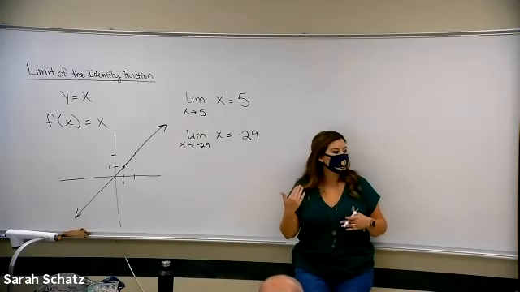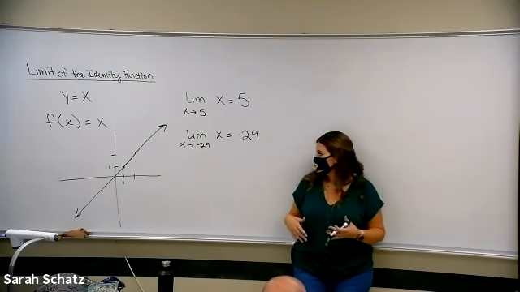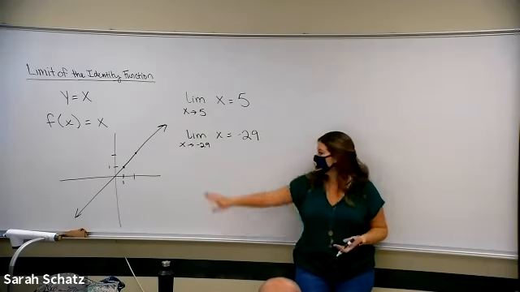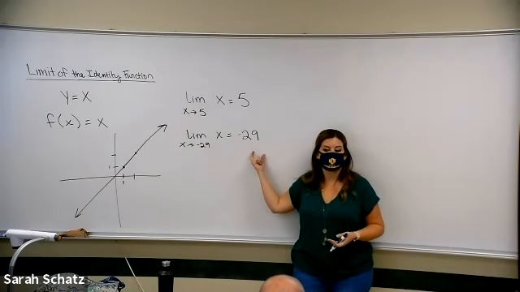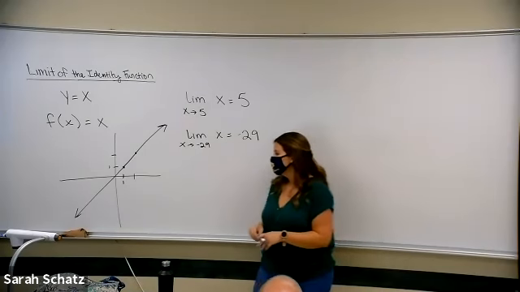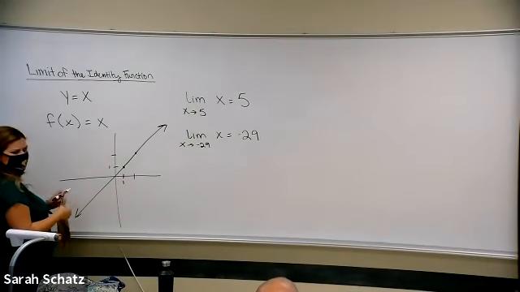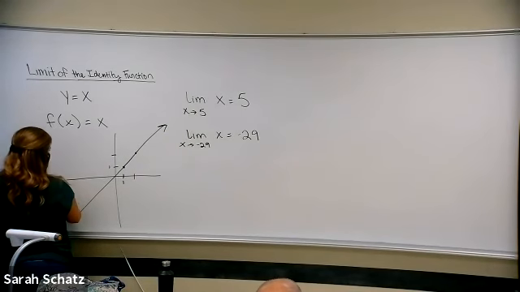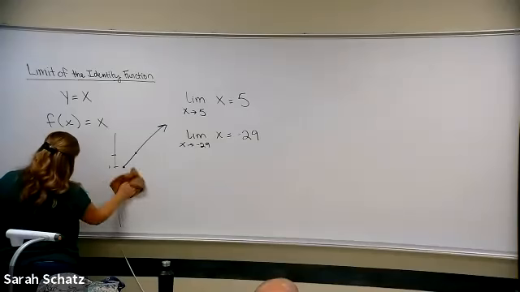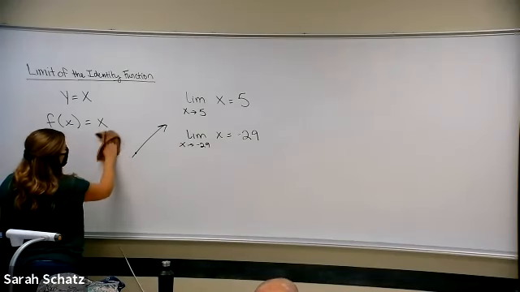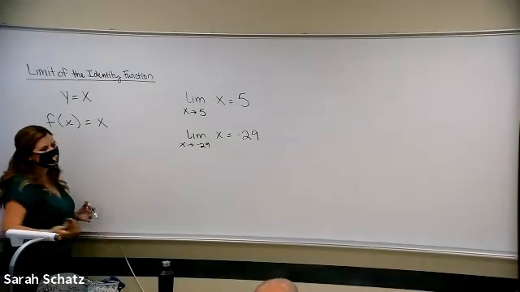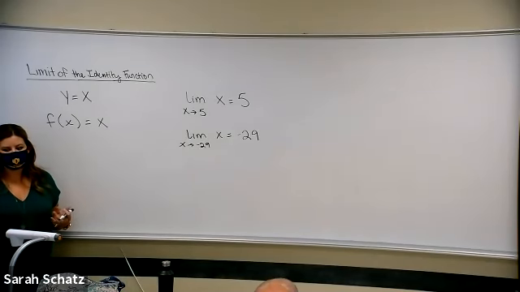Talking it through always helps. Say, okay, y and x are always equal. So if x is approaching this, y is also approaching this. All right, so those are some key things that we need to remember, but even though we put a variable in there, we're definitely going to be looking at functions that are more than just x, right?